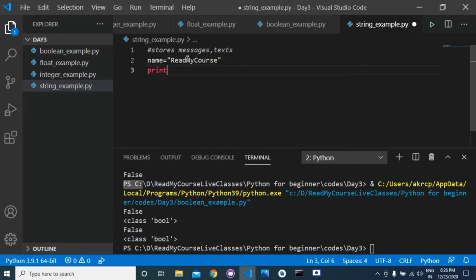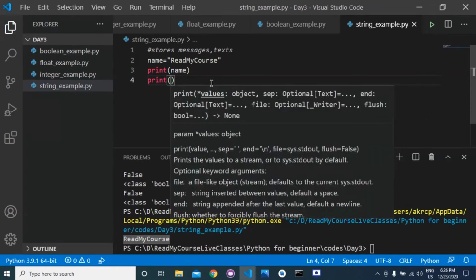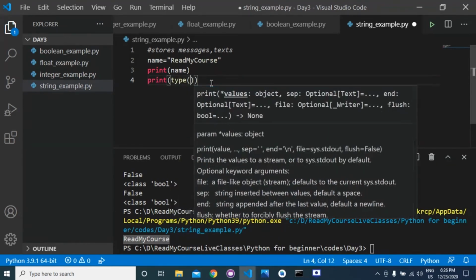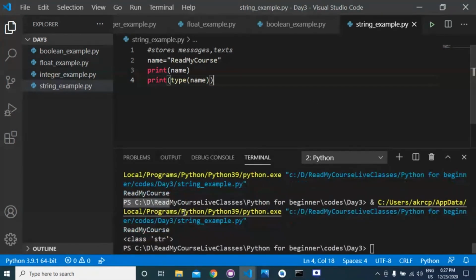If you print name, you will get read my course. But if you type print type of name, it will give you str. Str is the abbreviated form of string, so it is a string data type, and it is giving you the class str.